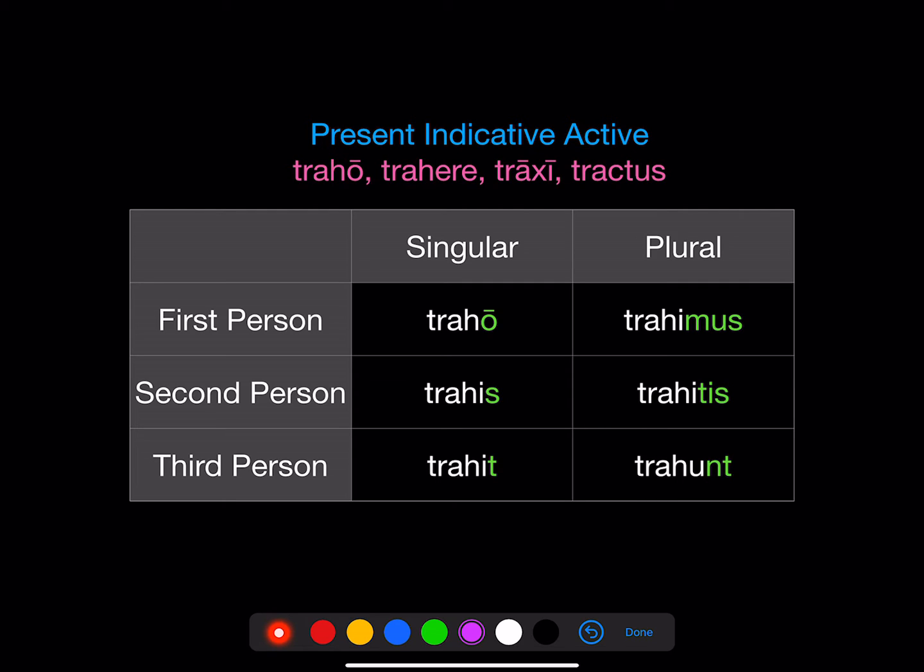The third conjugation is the toughest conjugation, because the vowel that appears before the personal ending should be a short E, but it's a really short vowel, so it's pretty unstable. So it disappears before the first person singular long O, and then it changes to a short I everywhere else, except in the third person plural. Latin is not fond of an int ending. It avoids it when it can. And so instead of trahint, we have trahunt.